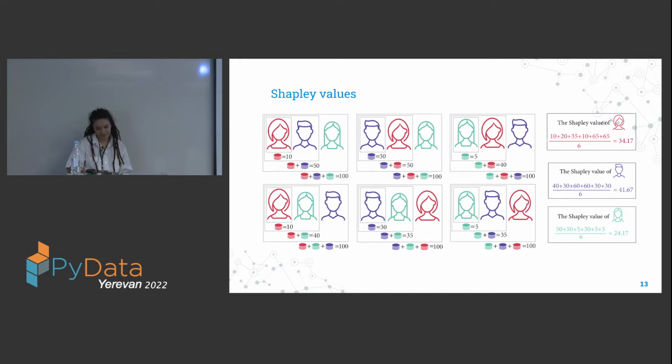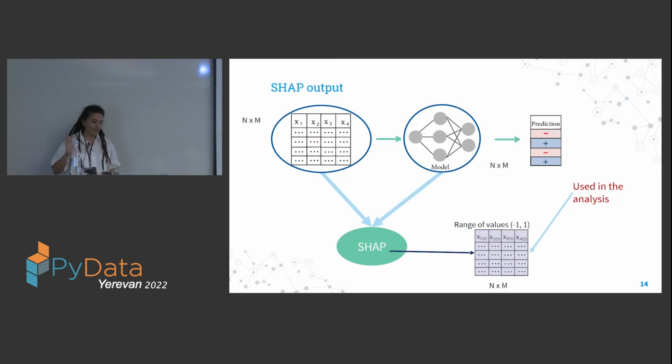So having explained the Shapley value, now I can finally talk about what output SHAP gives and how we can use it. So let's say we have an n times m matrix with 4 features, which is our data set that we want to get explanations for, and then we train a machine learning model on this data set, and let's imagine this time it's a binary classification, and we have minuses and pluses as an outcome. So SHAP takes as an input the data set and the trained model, and its output is the same size matrix as the